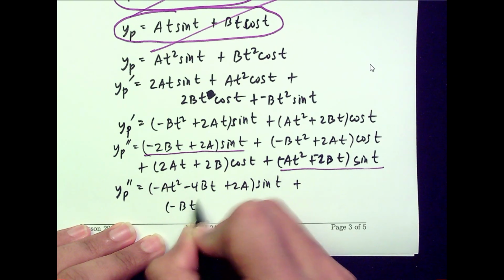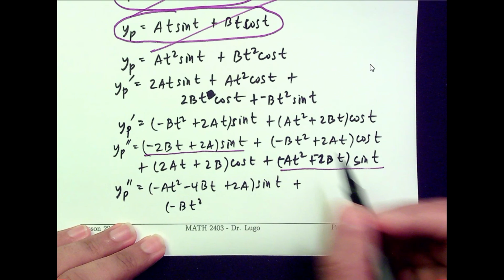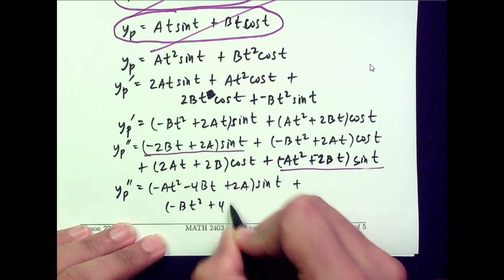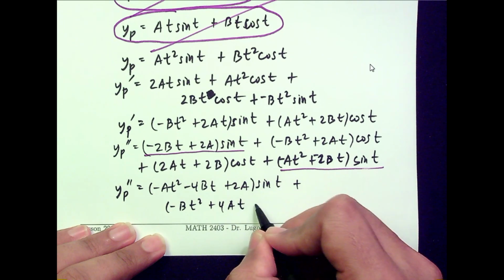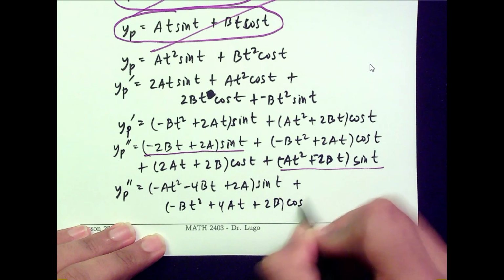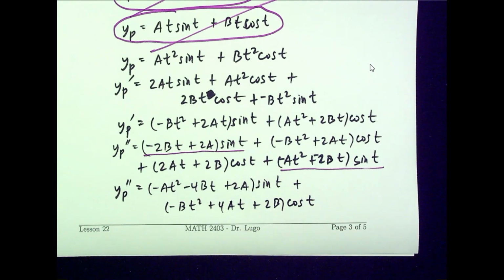Negative b t squared, 2at and 2at is 4at, and then plus 2b cosine of t. Okay,